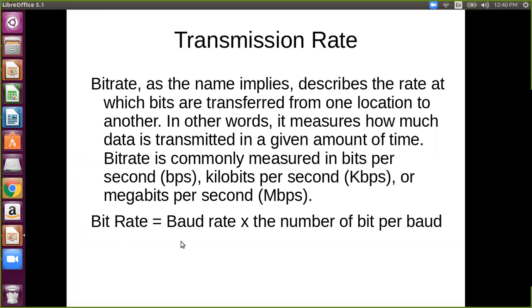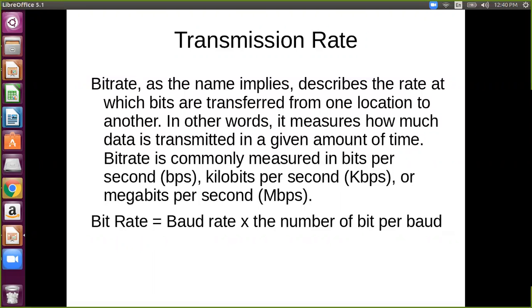And what is baud rate? Baud rate is a collection of bits. You can easily see from this formula: bit rate is the baud rate times the number of bits per baud. So baud is a segment of bits. Suppose we say a baud for 8 bits.